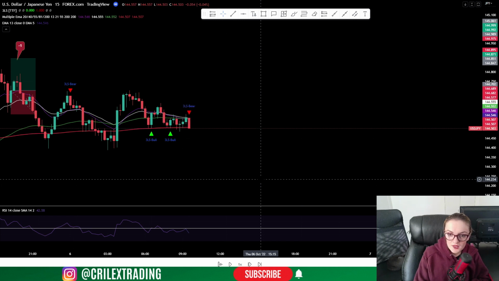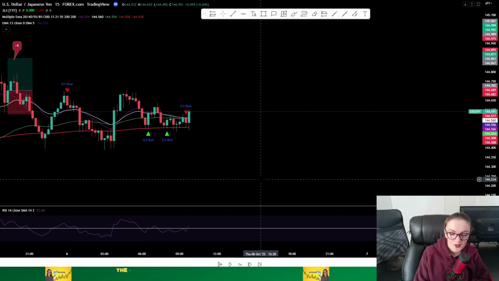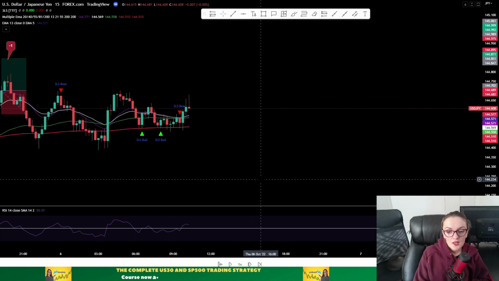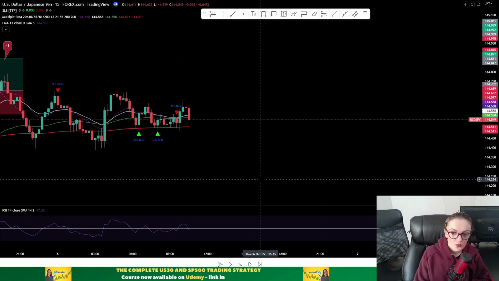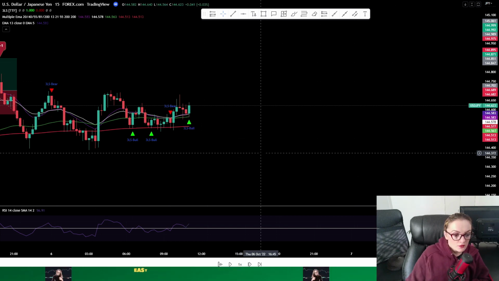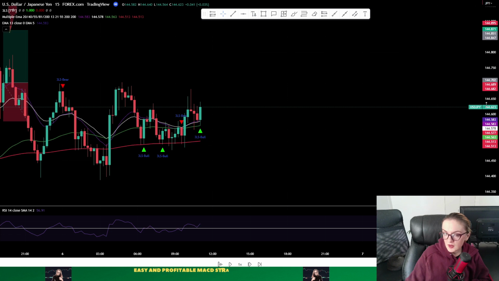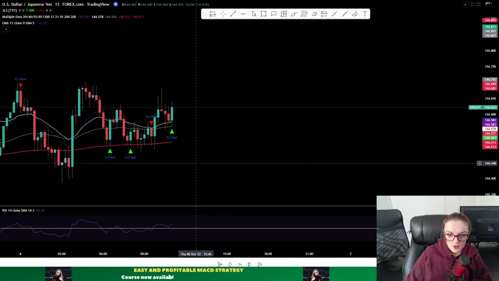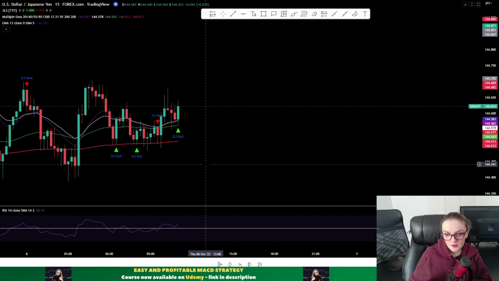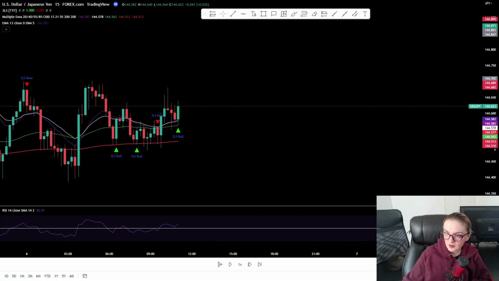Okay, let's see if we are going to have any trend here, because for the moment it's a pretty ranging period for USD JPY. All right, and let's see what do we have here. So on the closing of this candle, we have a legit and valid buy position, due to the fact that